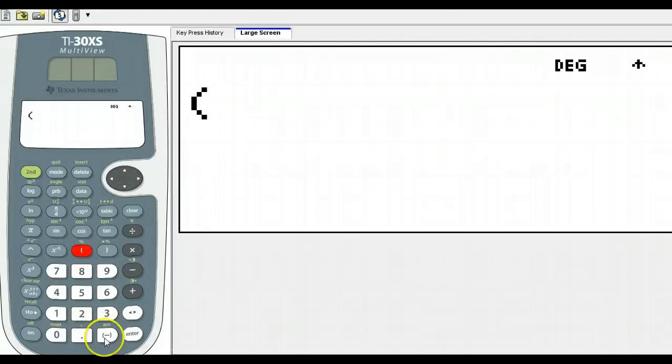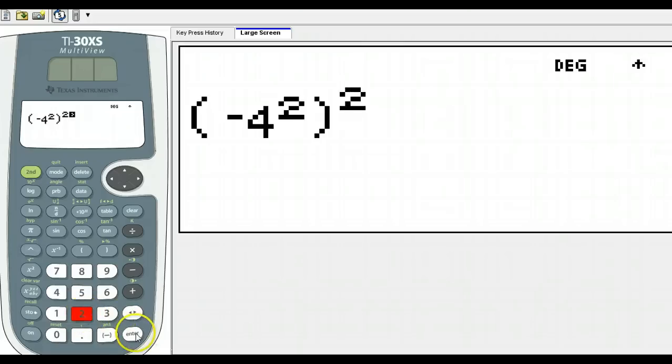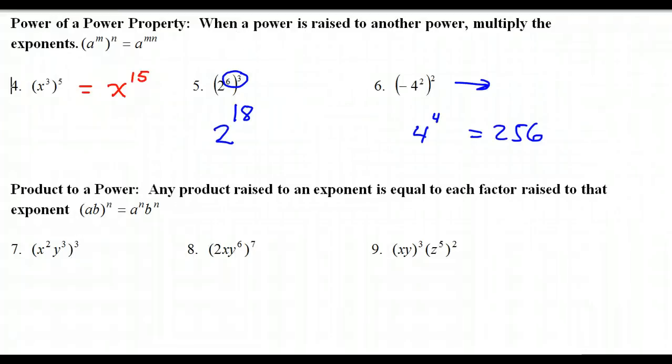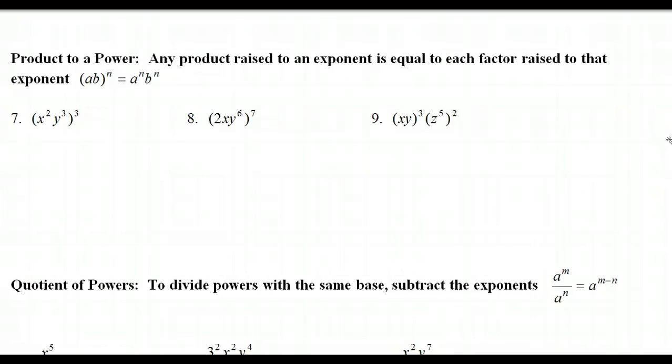Okay, you could do the whole thing. -4 squared squared. Okay? And boom, it's going to give you the 256. Positive 256. So just be aware of what your calculator can do. But for now, let's move on to the next